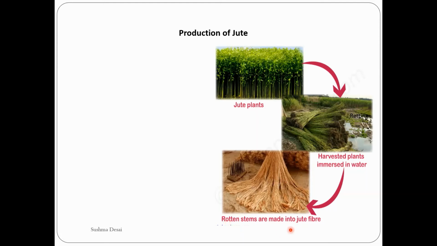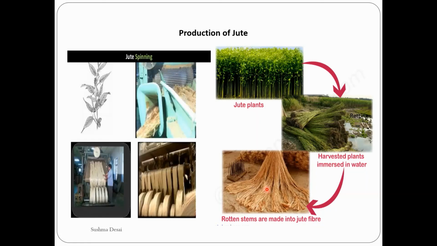After extracting, you have to dry them because they'll be completely wet, as they are soaked for around 20 days in this water. So in order to dry them, we keep them in the sun so that they get completely dried. Then you send them to the factories where they are combed and spun into yarns. After they are spun into yarns, various products are made. What all are made? Sacks, bags, carpets.